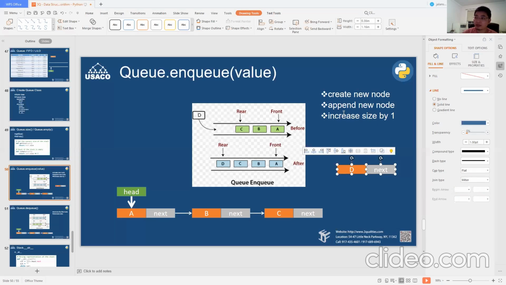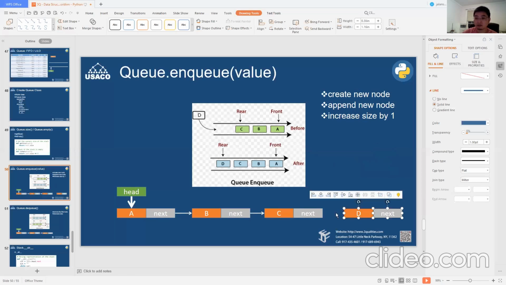But when we say append the new node, we append to the end of the list, right? I'm not changing the head. I'm just appending the node to the tail of the list.